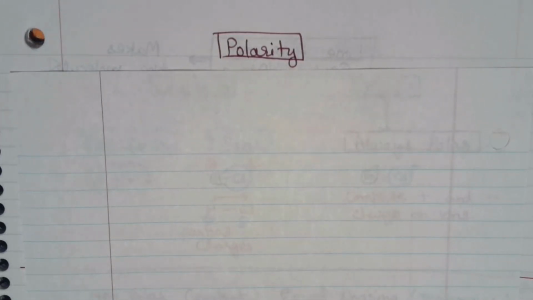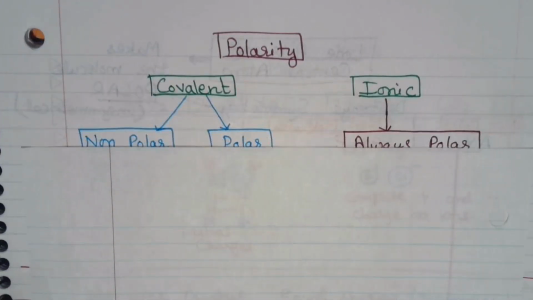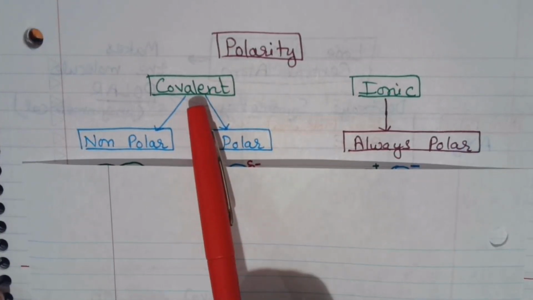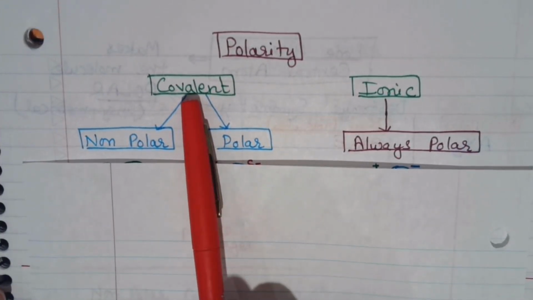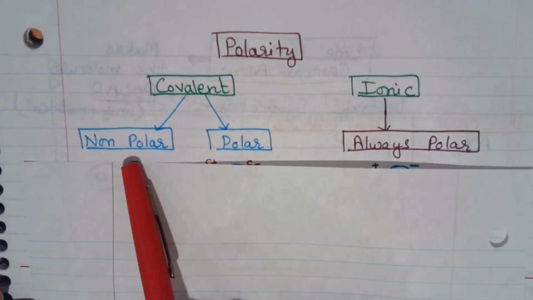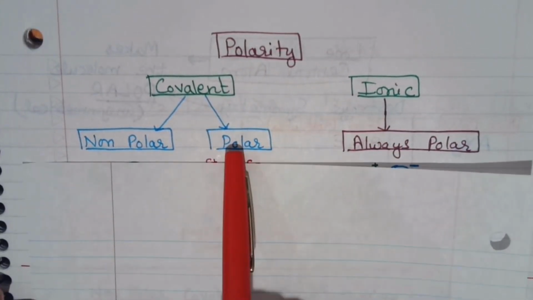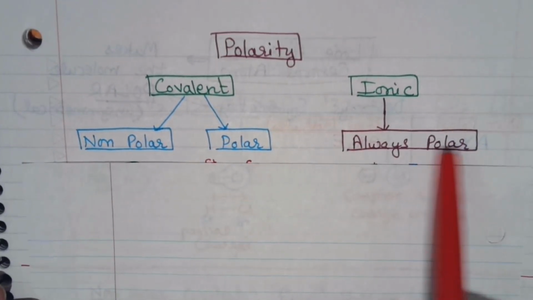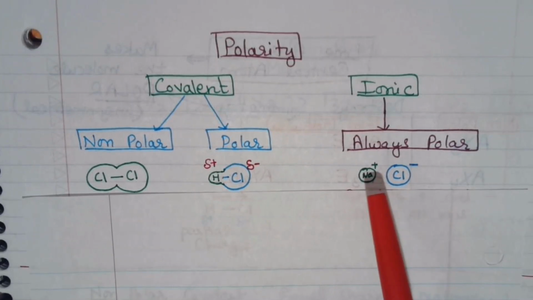Hello everyone, in this video we are going to talk about the polarity of bonds as well as polarity of the molecule, right? So let's start. As we know, there are two types of bonds. We have covalent and ionic bonds, right? And covalent bonds can be non-polar or polar, whereas ionic bonds are always polar because we have a complete separation